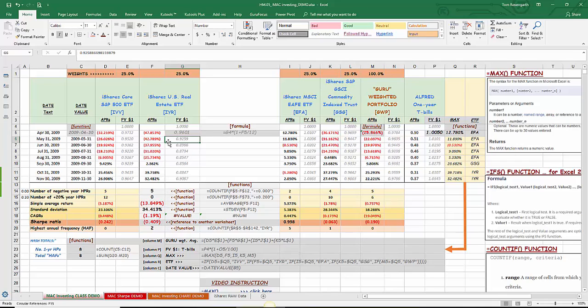Let's get started with step number one. How to calculate a future value. The future value is calculated by taking the previous value of the portfolio times the investment rate experienced for the next period. In this case, we want to take the $1 invested in the real estate ETF and show that